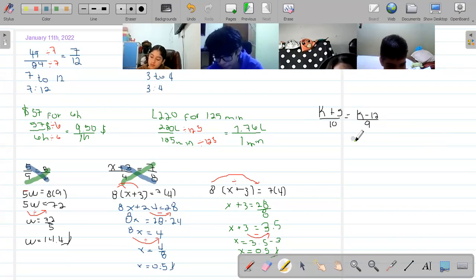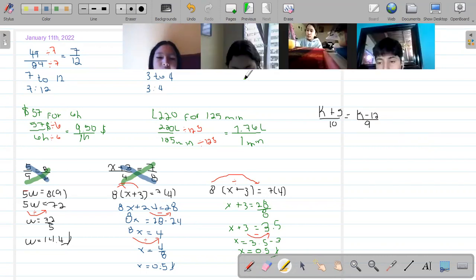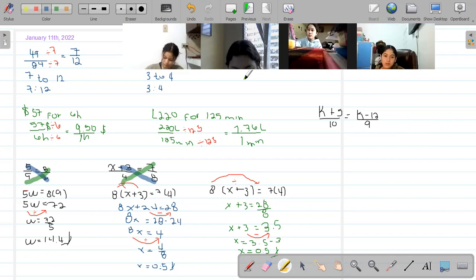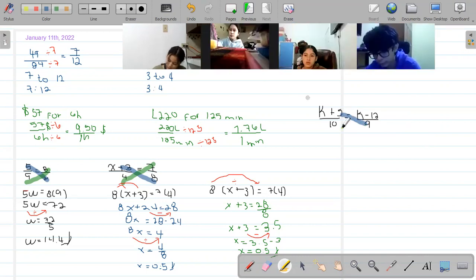I got two variable expressions, one in each numerator of my proportions. And I need to find the value of k. So what should I do? Cross multiplication, cross product. Means times means and extremes times extremes. Very good. So I'm going to have now 9